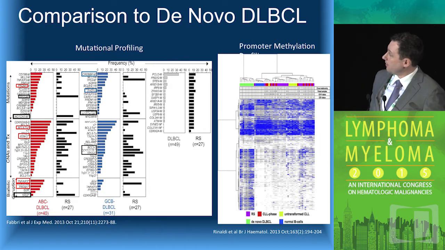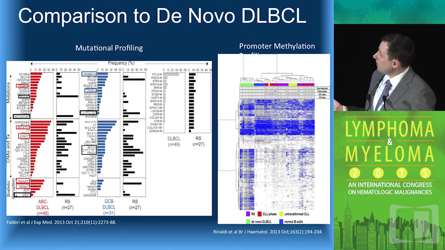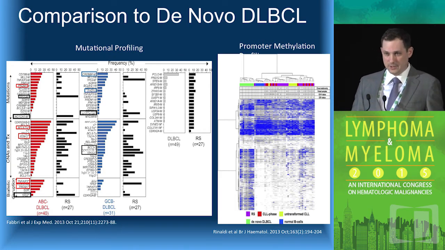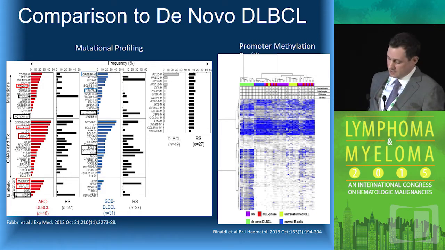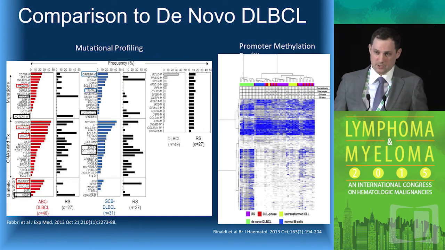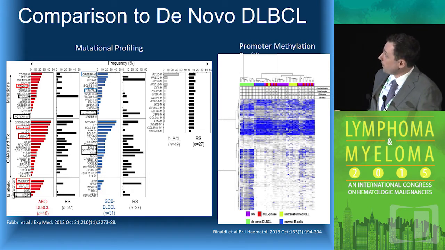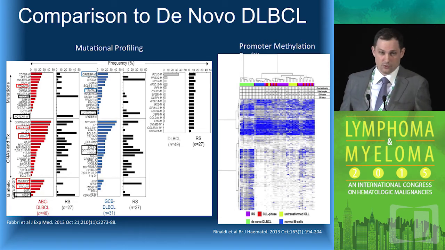And what we find when you compare to ABC subtypes, we do not see PRDM1 mutations. We do not see some of the other highly recurrent mutations normally seen in ABC. We see them at much lower frequencies in our Richter syndrome. And what we do find in Richter syndrome is an increase in p53 mutations, which are relatively rare in ABC, as well as a high prevalence of Notch1 mutation and Notch1 gain. When you look at copy number alterations and translocations, they typically lack BCL2 translocations.